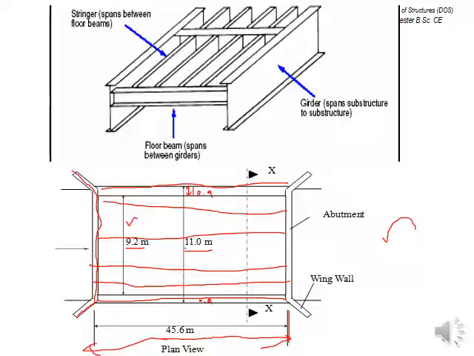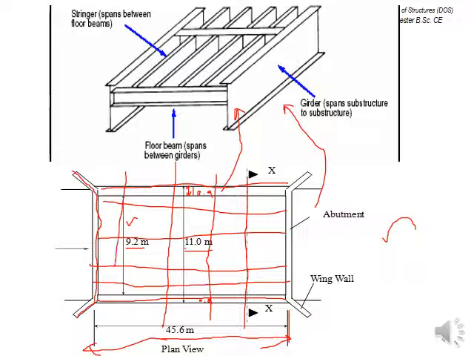So if you compare this with your girder bridge, this part is going to be replaced with the girder. If it is a truss bridge, then 2 trusses need to be placed over here, and here at each panel point, 7.6 meter, you may have the floor beams resting on the plate girder.